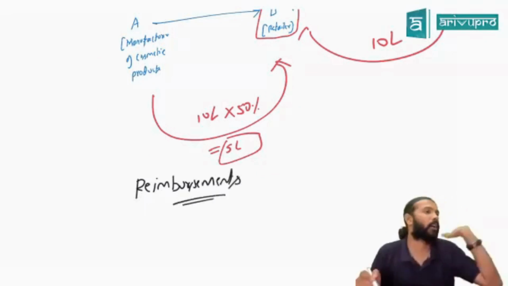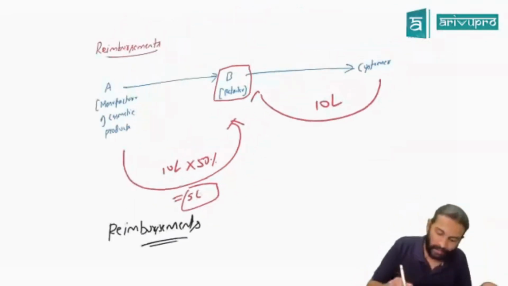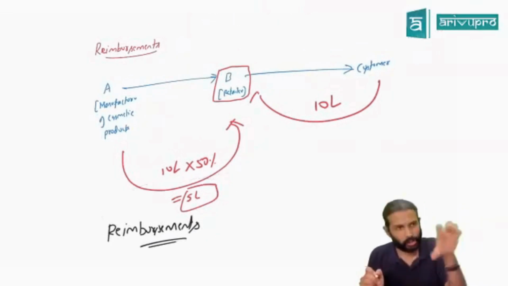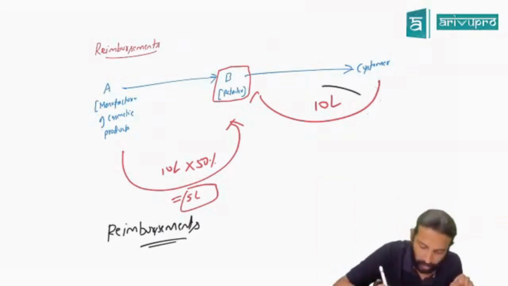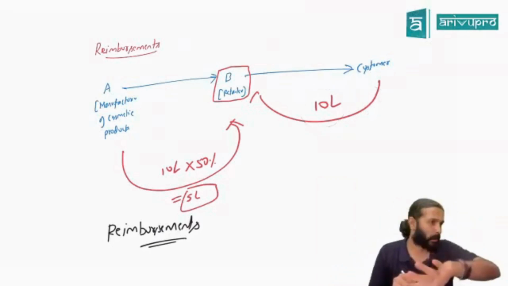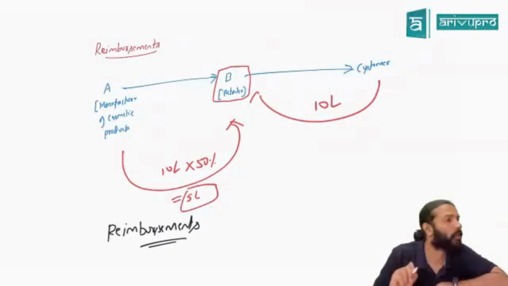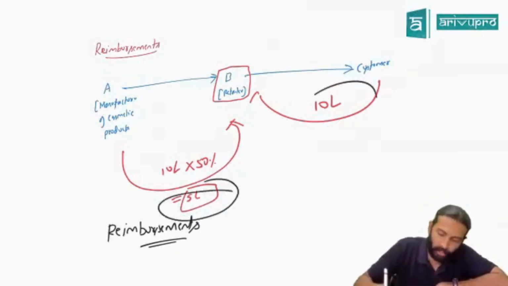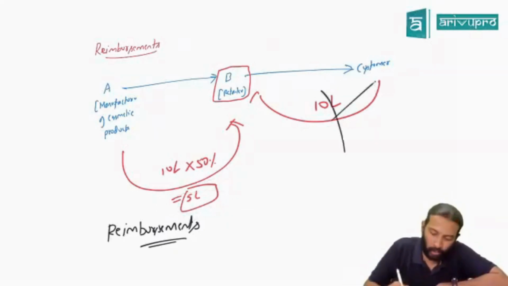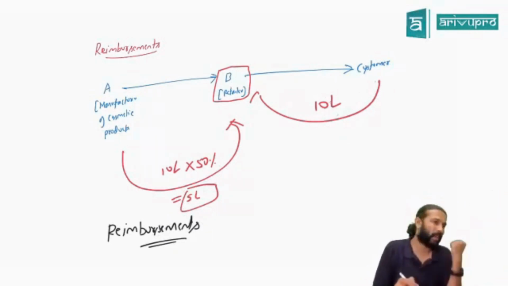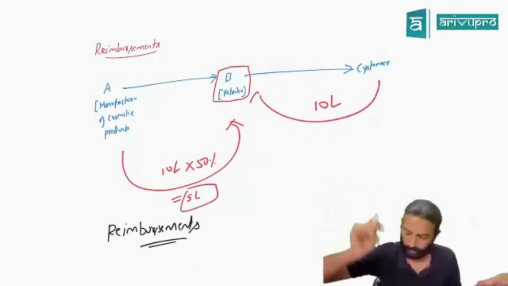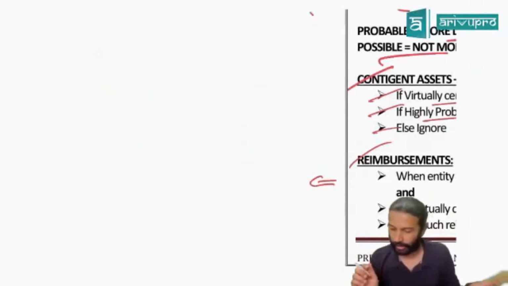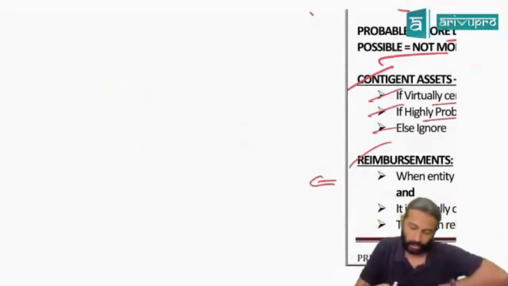Did you get the meaning of the term reimbursement? Reimbursement is that amount which you will get if you settle any provision. Here, you are settling how much provision, sir? 10 lakh rupees. Because of that, you are getting 5 lakh rupees. Yes or no? Fine. This 5 lakh came only because of this 10 lakh. If this was not there, you would not have received this 5 lakh. So that is your reimbursement. Reimbursement means any money you are collecting because of settling the provision. Understood? Fine. So is the meaning of reimbursement clear for everybody? That is your meaning of reimbursement.